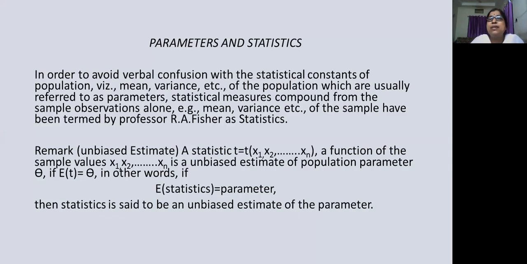Then parameters and statistics. Now here we have, one is population. Population is denoted by capital letters. N is the population size, for example the population of a college. I wanted to know the standard of a certain college. If I want to put my child into any of the colleges, I will look at the colleges whose average percentage of marks under that university is top 10. It should be in the top 10 colleges.